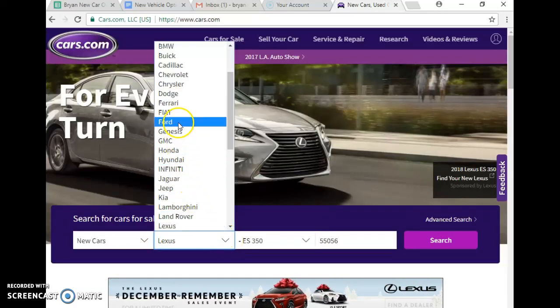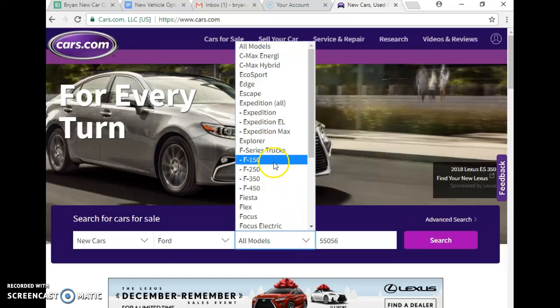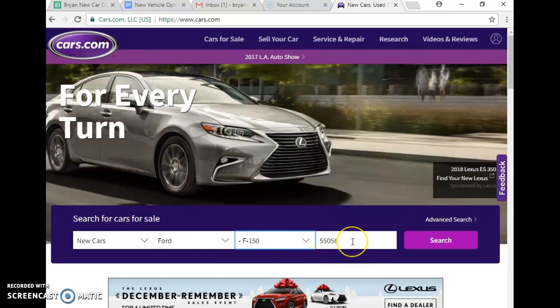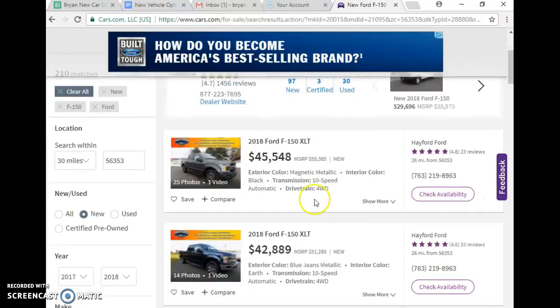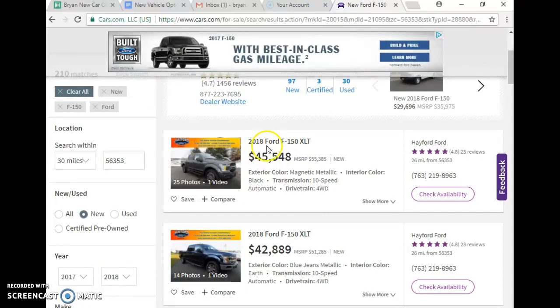So I'm going to look at a new F-150, okay? And the zip code, if you want to use the zip code, that's Malaca's, I believe, is 56353. You can search around the area, okay? So here I'm finding one. Here's one right here that's over $40,000. It's a 2018 Ford F-150 for